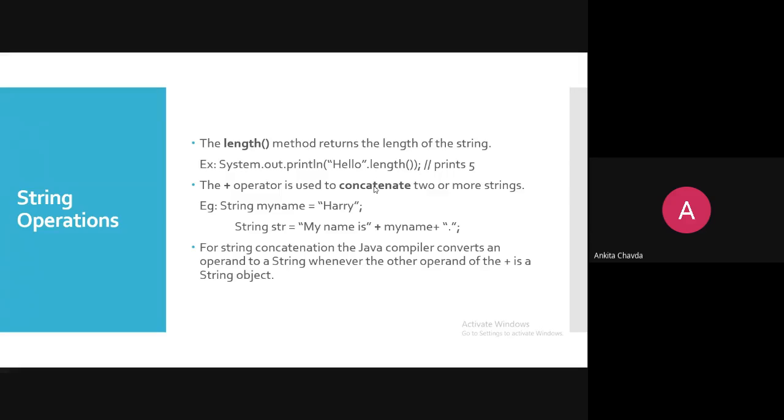So if I'm writing over here Harry, and I'm doing string str is equal to my name is plus my name, that will be printed, meaning Harry will be printed over here. So whenever I'm doing plus, it will only do the concatenation, that we already know, right?